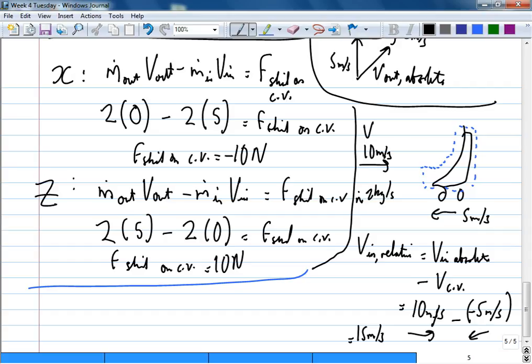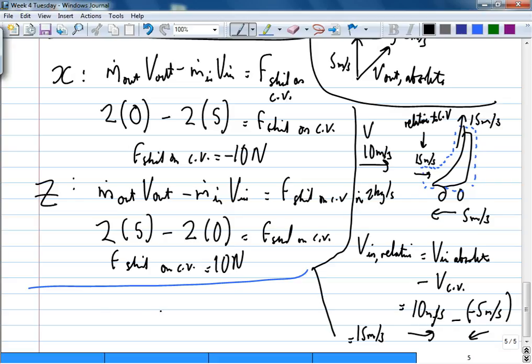So we can expect, if you, this velocity relative to the CV is 15 meters per second this way. These two are relative velocity, relative to CV, and it goes out here. What number should that be? 15 meters per second. So again, if we did the ideal,